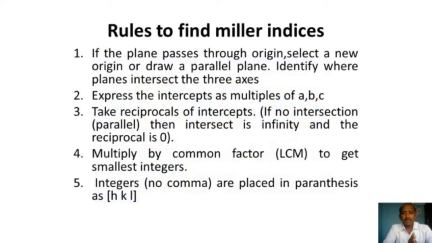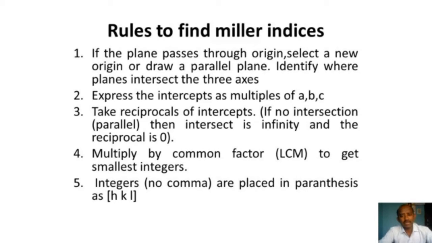Here, what is the use of these Miller indices? The Miller indices are used to find out the orientation of the lattice planes in a crystal lattice. It is easy to get into the crystal lattice structure and to find out the properties of the crystals by using the Miller indices only. So he found a method to find the numbers, and there should be the smallest numbers. Then only we can go into that crystal structure and study the properties.